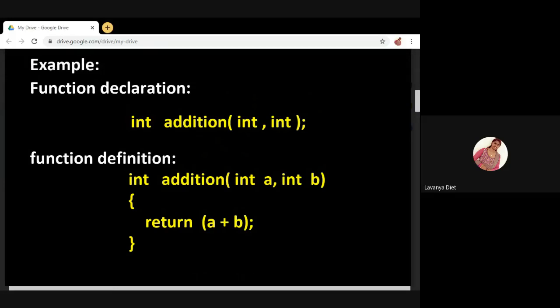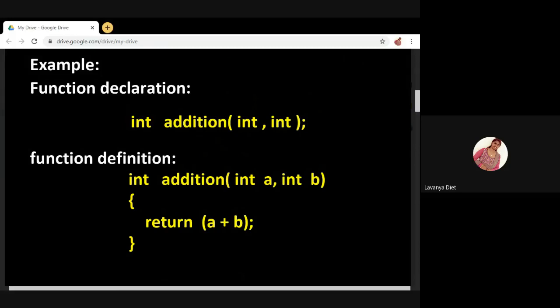For example, if you are specifying int comma float, here the compiler will generate an error because the first variable is of type int and here the second variable is also of type int. See the function definition, int. So you must specify int comma int in the function declaration.